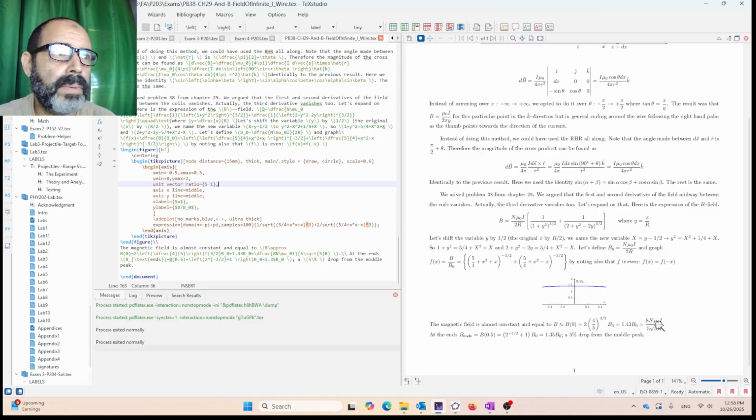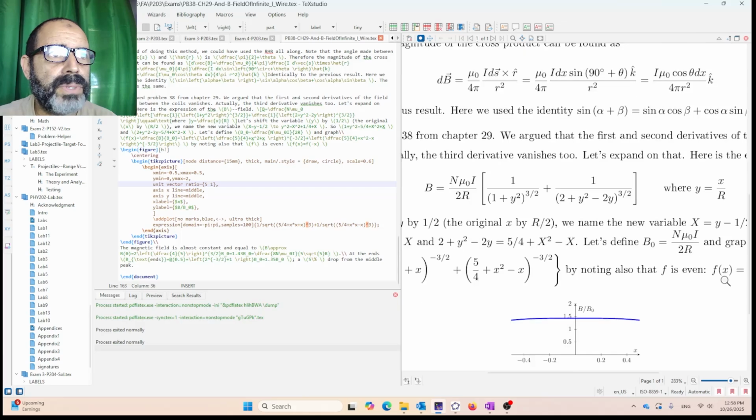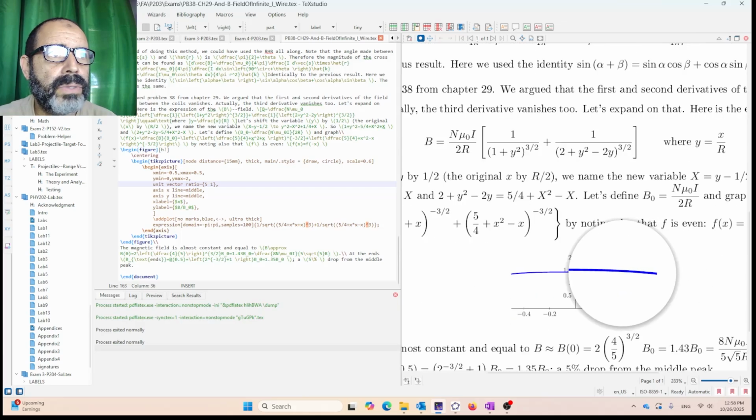Just to argue that this is basically constant, if I go to the edges, let me try to zoom in on this function here. You will see that it drops a little bit toward the edge, and here there is a drop. I mean, it's not really constant. And that's because, as I was saying earlier,